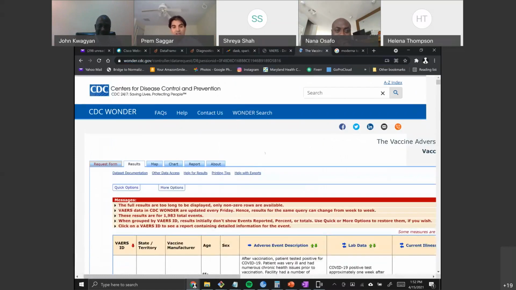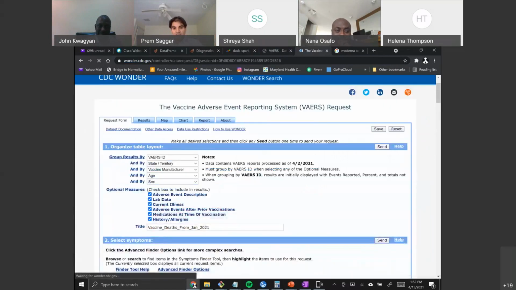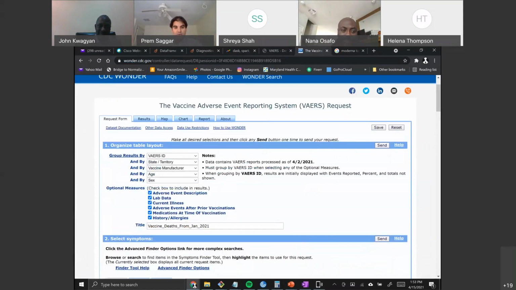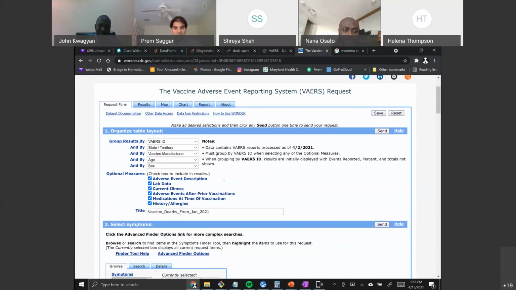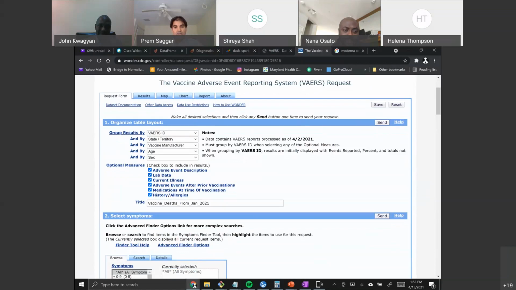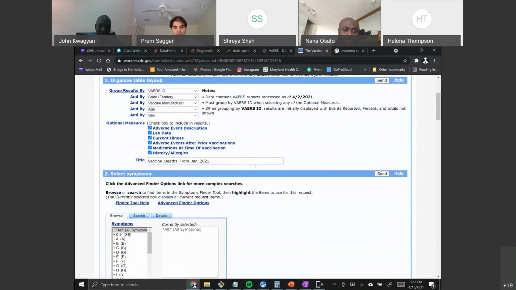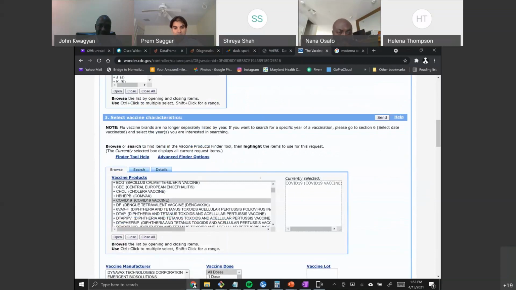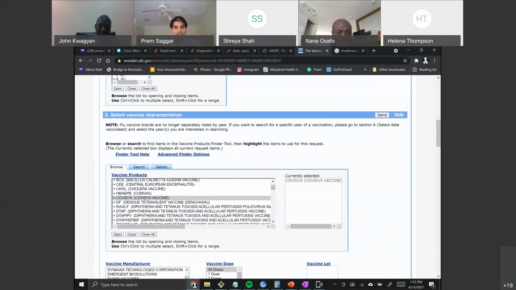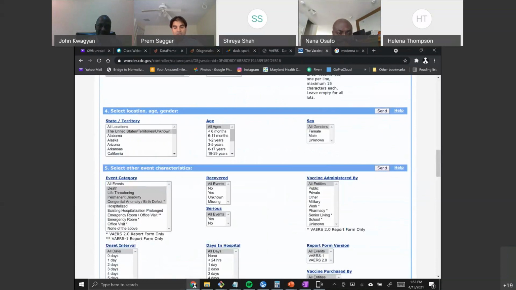You have to kind of figure it out. You have to set the VAERS ID as the first field, okay? So everything is group bys here, right? And then you can group by whatever you want here, and you can add these. And then you can add in COVID-19 as the vaccine, and I filtered it down by death, life-threatening, permanent disability,